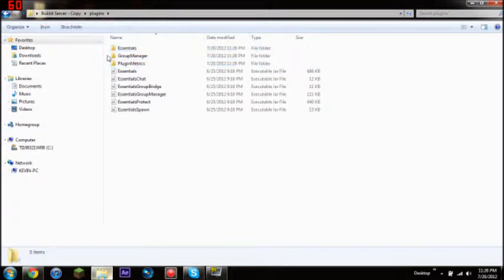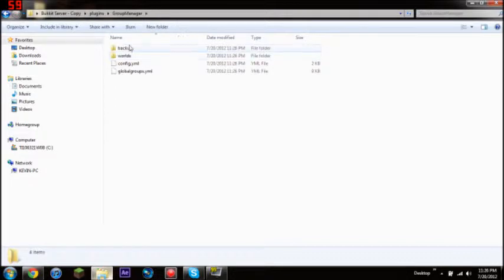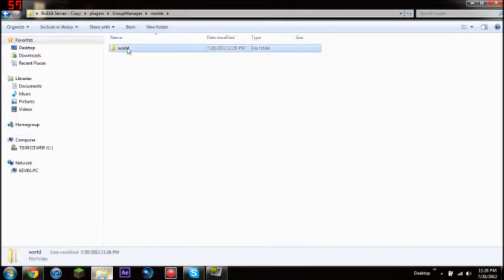Plugin metrics, you're not going to be dealing with that. You're just going to want to mess with, not even Essentials. You're just going to want to go into the GroupManager folder, okay? Go ahead and open that up, and you're going to see backup, worlds, config.yml, and global groups.yml. Go ahead and go into worlds, world,